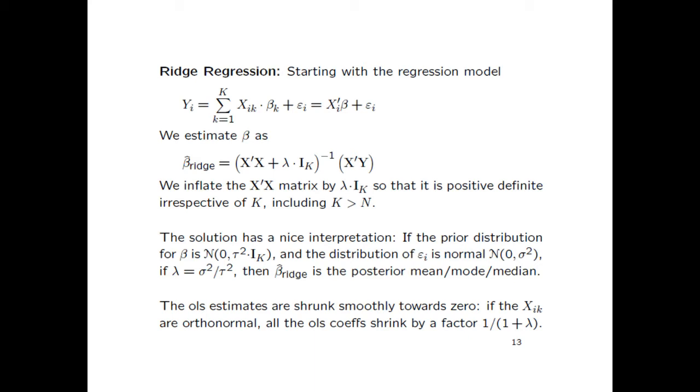Let me talk more specifically about a particular setting where we're going to look at linear regression, but with a possibly very large number of predictors. In conventional settings where we have a few covariates, just doing ordinary least squares is a very effective and sensible method. But it doesn't really work very well if there are a lot of covariates.